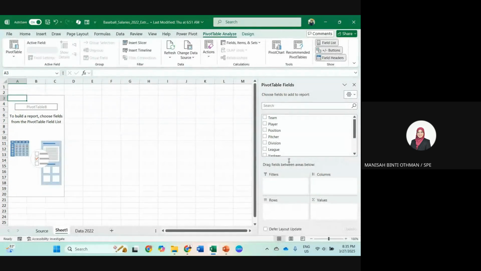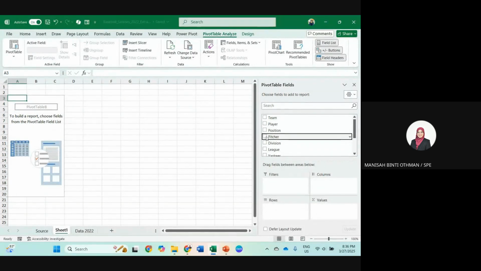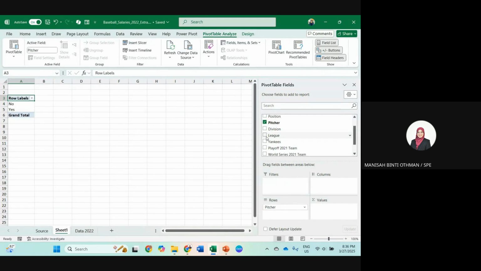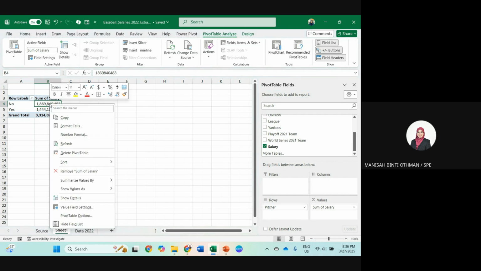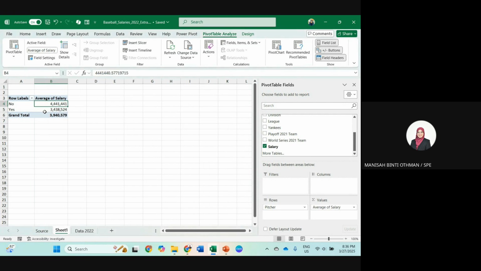You want to display whether the player is a pitcher or not, and salary. Instead of sum, which is a total, we can change to average. You can see the average salary for non-pitcher is higher compared to those who are pitcher.